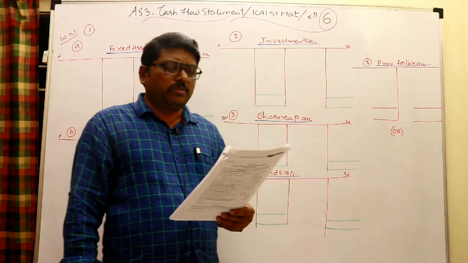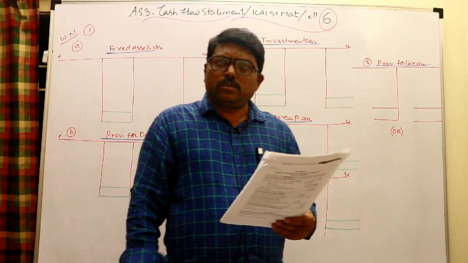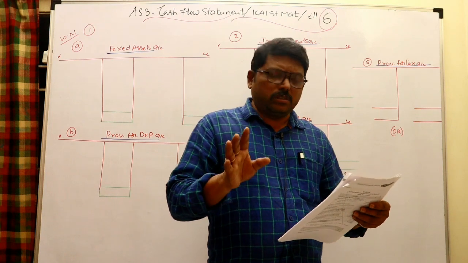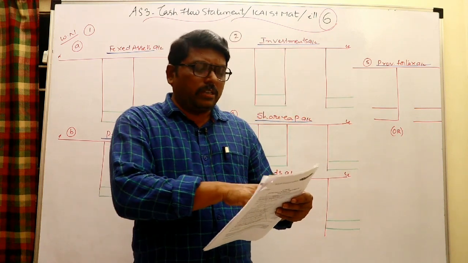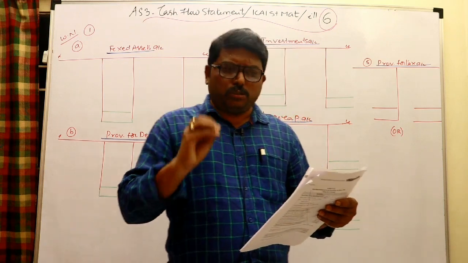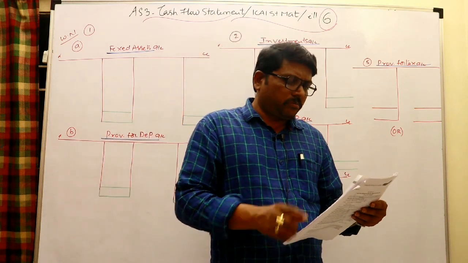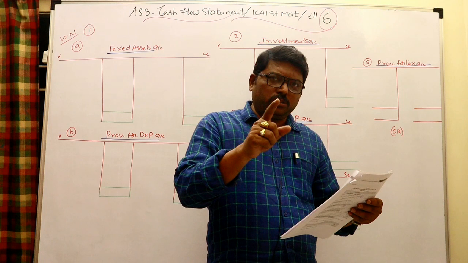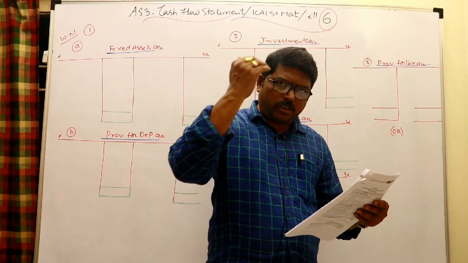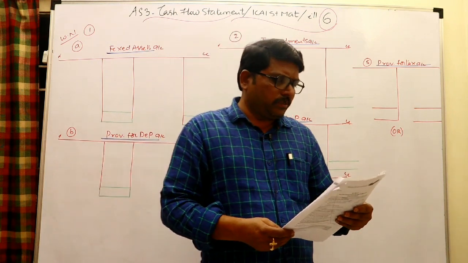Sold plant asset 10,000 with accumulated depreciation 2,000 for 5,000. 10,000 asset, 2,000 accumulated depreciation, written down value 8,000, sold at 5,000, which means 3,000 loss. When the asset is sold, entry: bank account debit, plant asset account 5,000, loss of 3,000 entry P&L to plant asset account 3,000. Moreover, 2,000 accumulated provision should be transferred to the asset account once the asset is sold. For this entry, provision for depreciation or accumulated depreciation account debit to asset account 2,000.